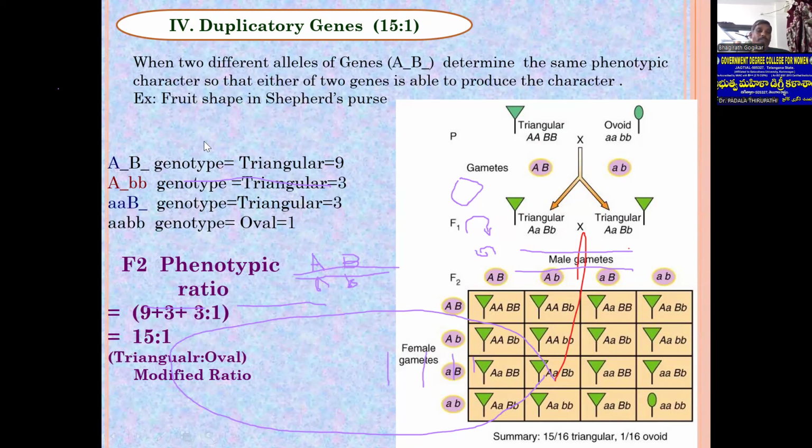So okay. Let's go through an example: fruit shape in shepherd's purse. Shepherd's purse is a member of the Brassicaceae. The scientific name is Capsella bursa-pastoris. The fruit shape is majorly observed in 2 shapes, triangular and oval or round. Here both the genes are present. That's why it is called triangular, and any one of the genes is necessary for the production of this